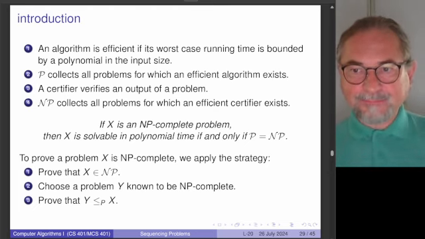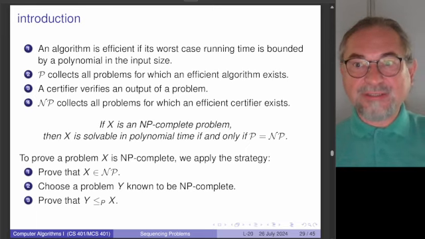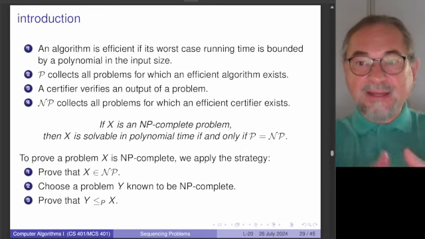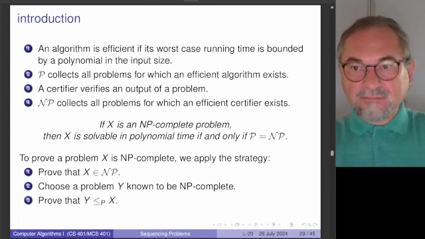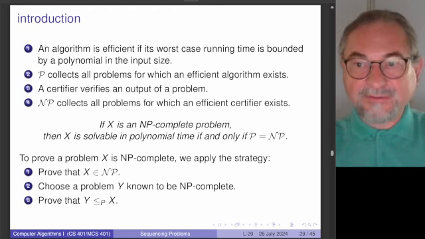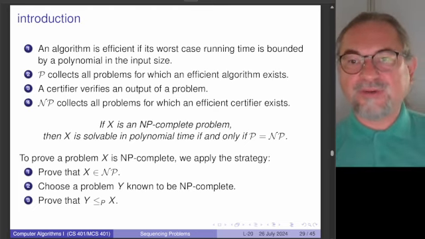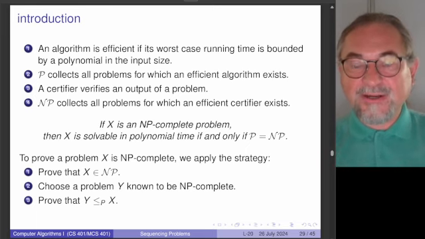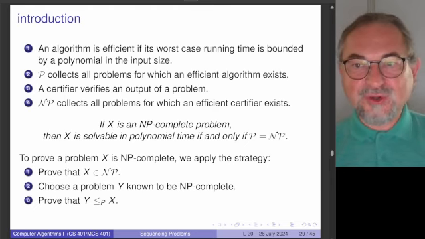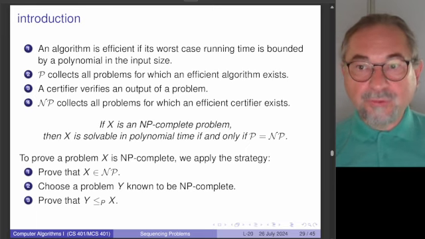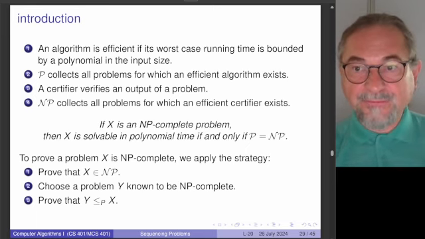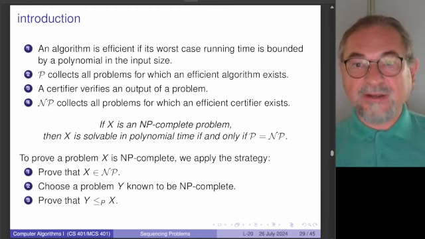The set NP is very similarly defined, but we replace the word algorithm by certifier. A certifier verifies whether any given output, any given string that satisfies the output formulation for a problem, actually is a valid solution. And it has to be efficient. So we want also an algorithm that runs in polynomial time. So of all the problems for which we have an efficient certifier, but not necessarily an efficient algorithm,